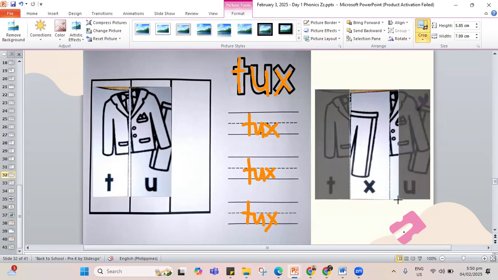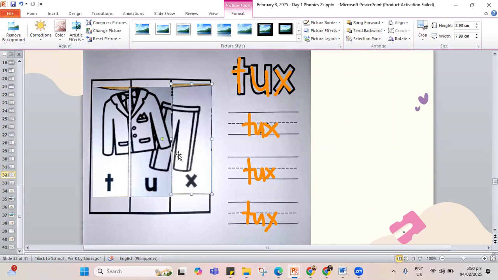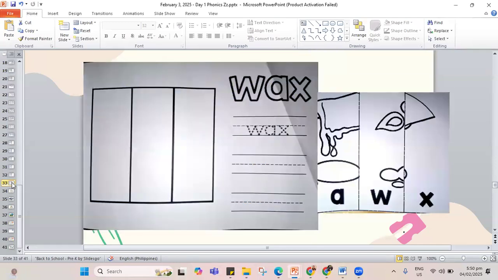The x sound at the end, x, letter X, tux. Okay, so we have our tux. We have the word tux, T-U-X. Let's erase the writings.